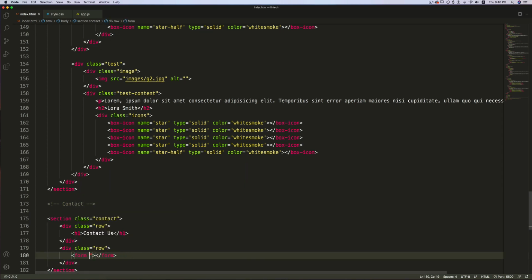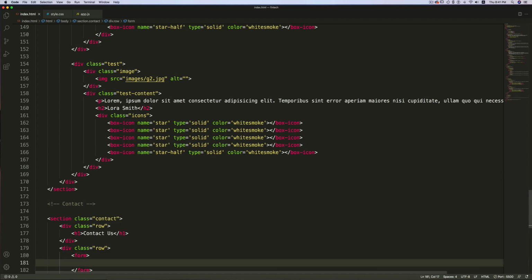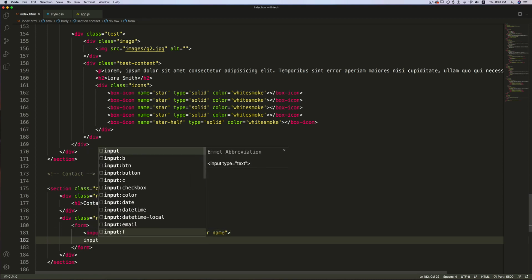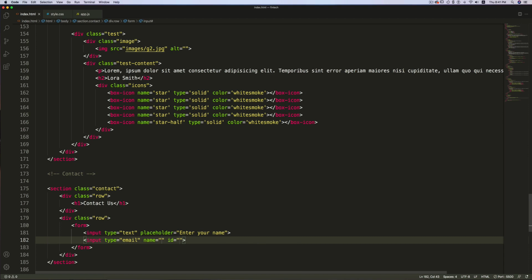I'm going to remove the action. Then I'll have input of type text. Here I'll add a placeholder. I'm going to remove this. I'll add a placeholder, enter your name.